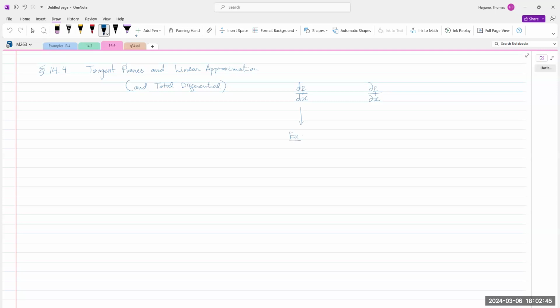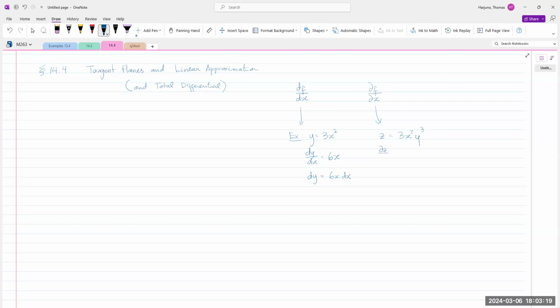If we have y equals 3x squared, then the derivative of y with respect to x will be 6x. No, that's the derivative notation. The differential notation will be dy equals 6x dx. That's the differential notation. Okay, now in Calc 3, suppose I have z equals 3x squared y cubed, then